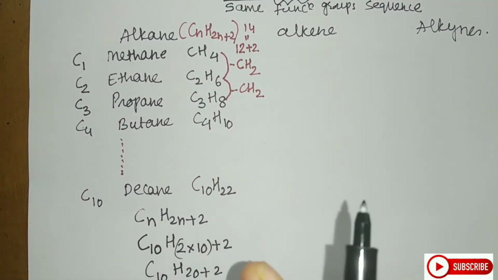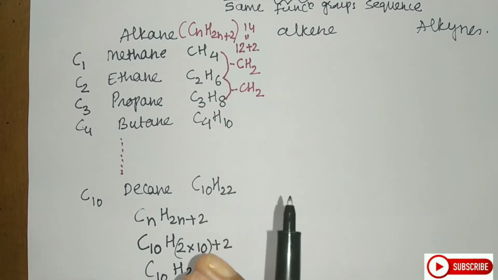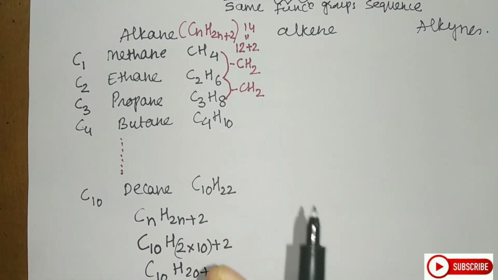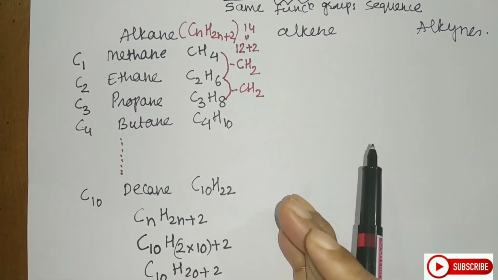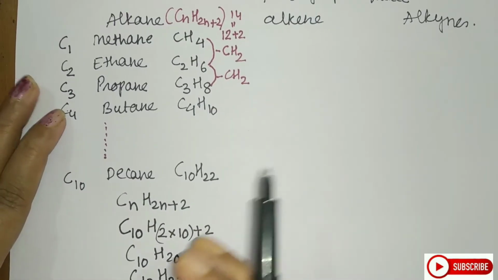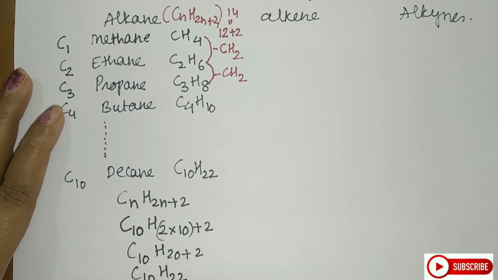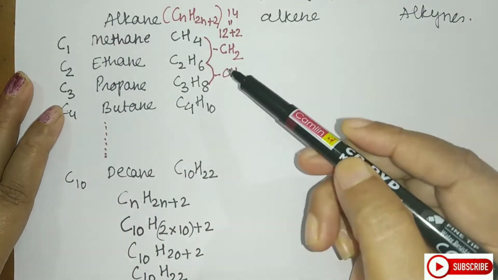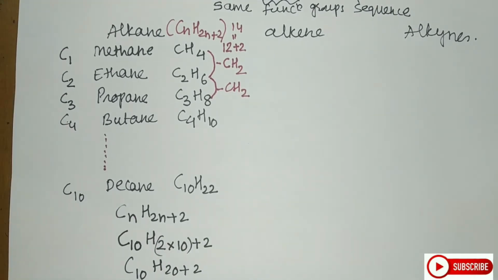So the members of a particular family have similar properties. They have similar physical properties like density, melting point, boiling point, and refractive index. They have the same chemical properties. Only as the number of carbon atoms goes on increasing, there might be some gradation in the properties, but almost the properties remain the same. So what we learn, students, is that they differ from each other by a group of CH2 and a mass of 14 units. They have the same physical and chemical properties. Let us see the next group, that is alkenes.